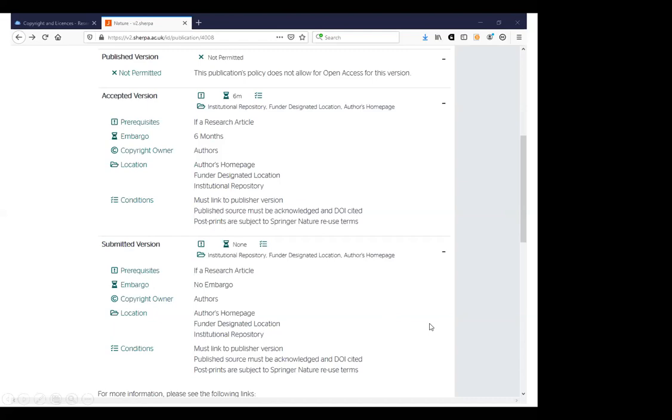And they also allow immediate depositing of the submitted version, also with similar conditions. But the problem with the submitted version is that its content might be different from the published version, because perhaps after peer review, the author would make some changes, and those changes won't be reflected in the submitted version. That's why repositories are trying to make available this accepted version or the publisher PDF if possible, because they are